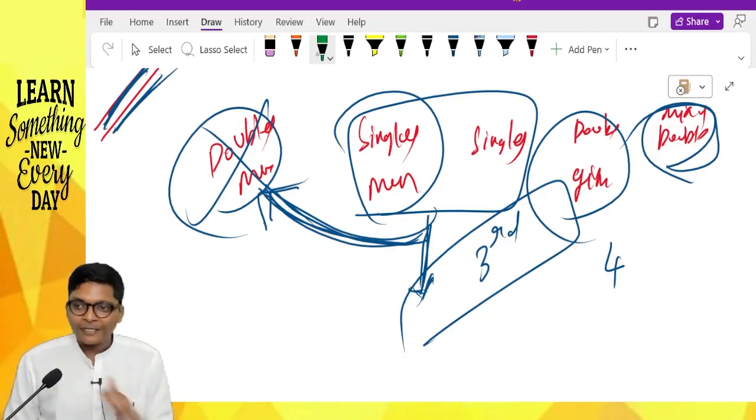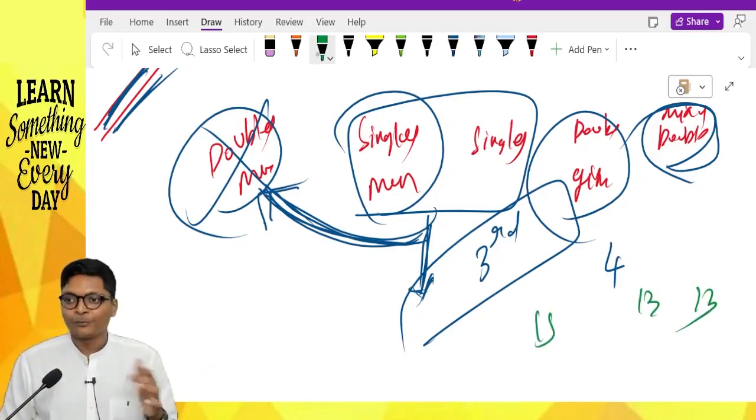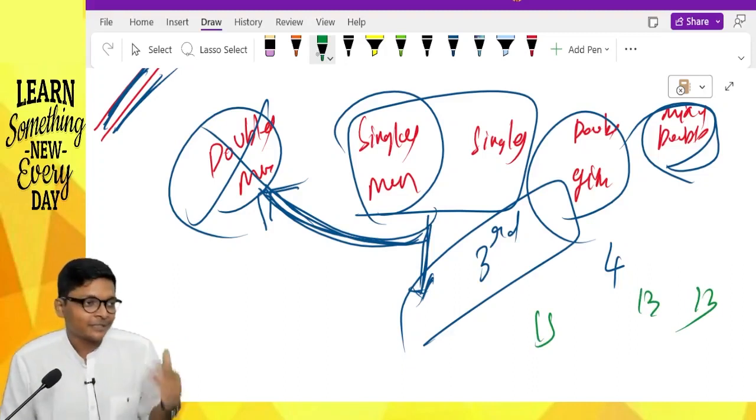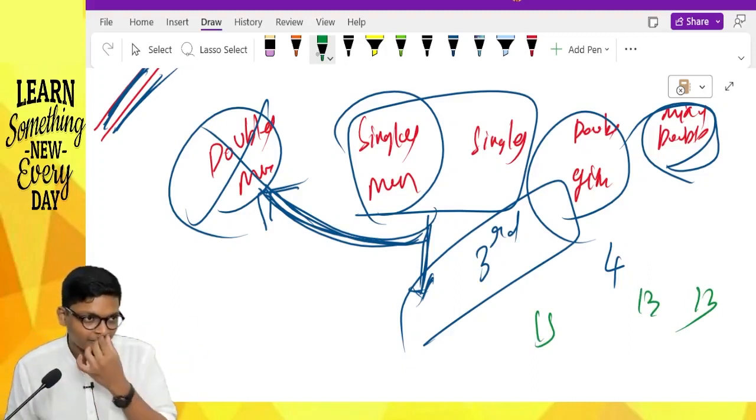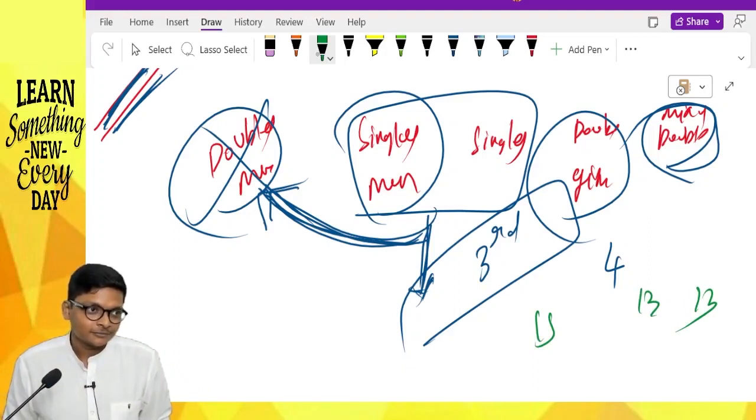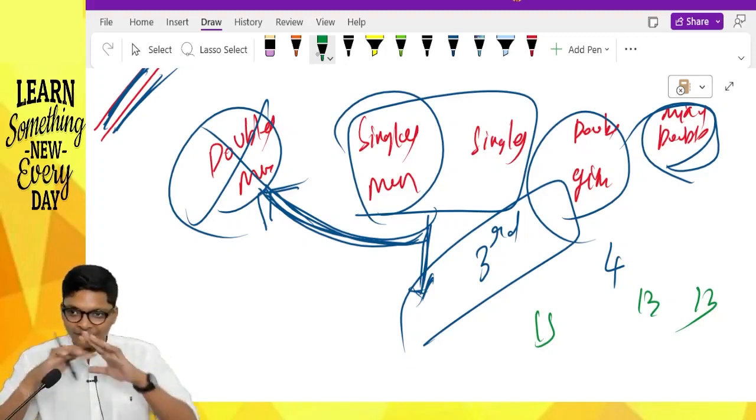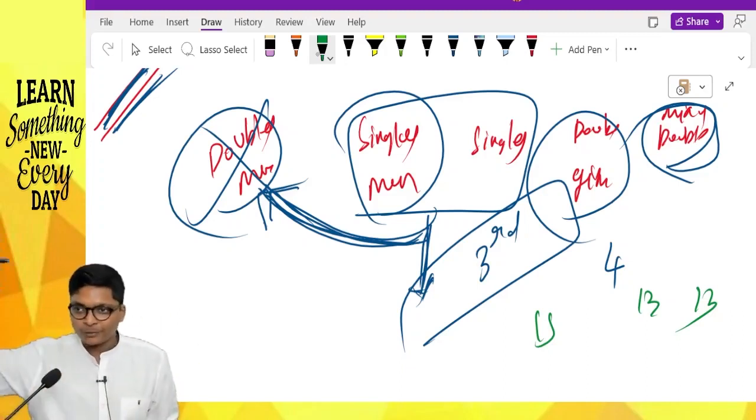The second game was very close. At 15 points, it was 13. So they used to keep screaming double the times. I don't know what fight happened in the first set and the second set. I don't know, but in the first two sets it was equal on each side, and I was in some other court managing some